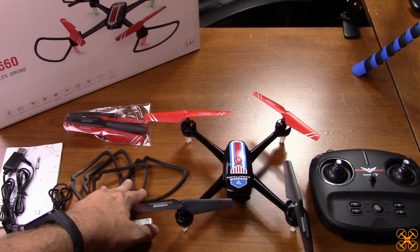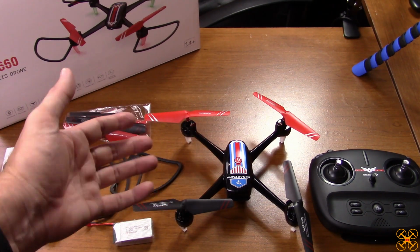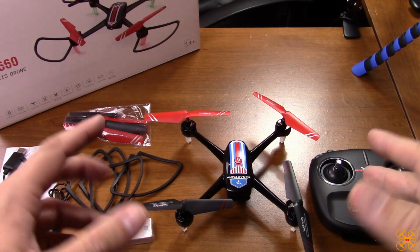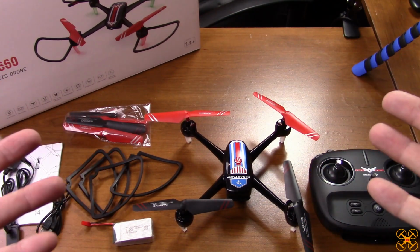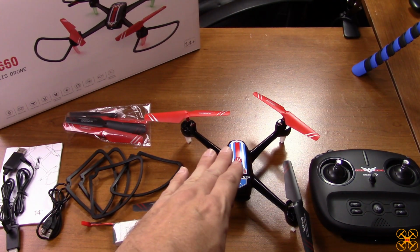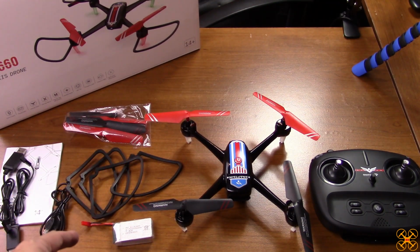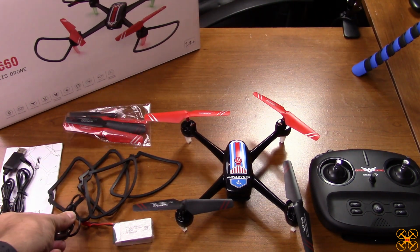As you can see, I bumped them here, but you've got 4 prop guards. If you want to put those on, that's going to reduce your flight time some because of the extra weight, so don't mess with that unless you're just starting out and maybe you're worried about damaging them, or for some reason you'd fly this indoors, but this is really too big unless you got a gymnasium somewhere. Then you might slap those on just so you don't scuff the props up if you fly into the wall. So you got your extra 4 props and a Phillips screwdriver to take those off if you need to put those on. And you have a micro USB cable, and the reason they give you that is because this controller